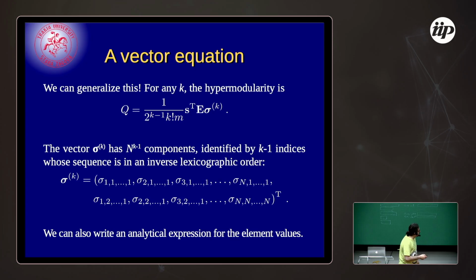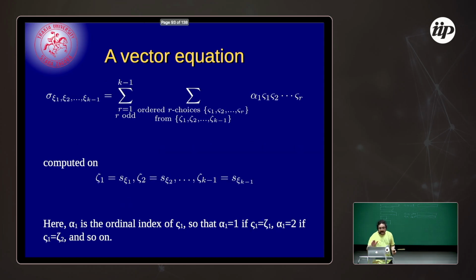So, you write it this way. But if you can write it this way, this means that you have, in a sense, a way to address which element of the vector is which, based on the patterns that we have identified. It gives us literally an analytic expression for that, which is this. So if these, the x c1 to x k minus 1, are the indices that identify the specific element of the sigma k vector,